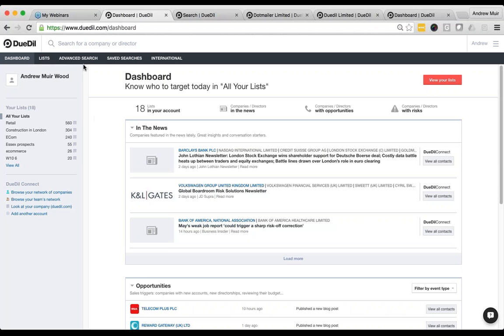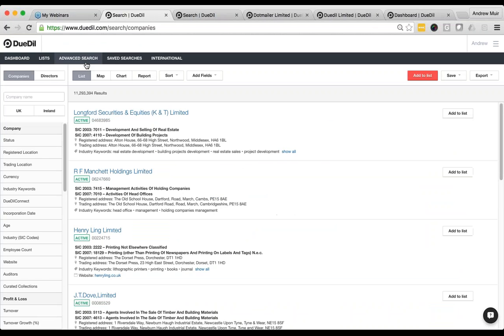The first part I want to show you is our advanced search, which is available at the top. If I click through, I'll be able to see the whole UK and Irish economy in just one click. The key number to remember is the number at the top, which is 11.3 million companies. That's every single company, whether active or not, in the UK and Ireland.